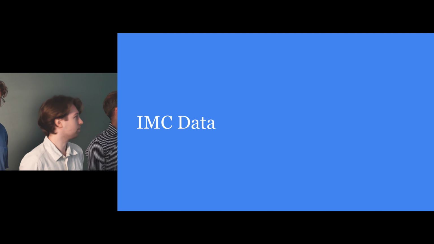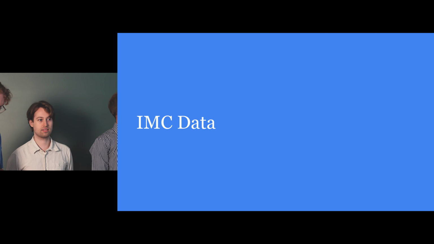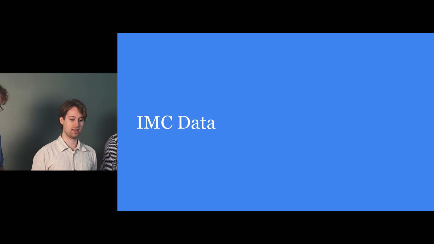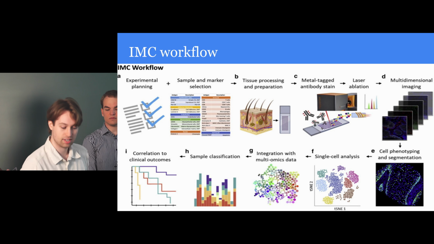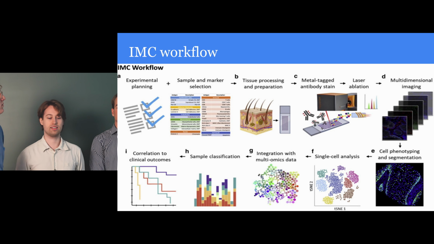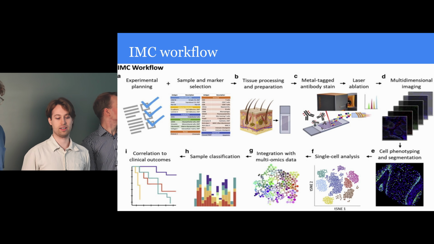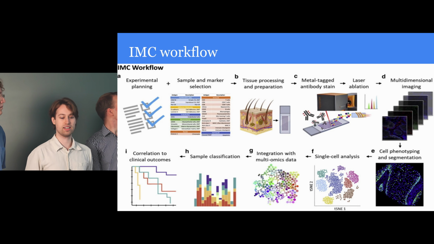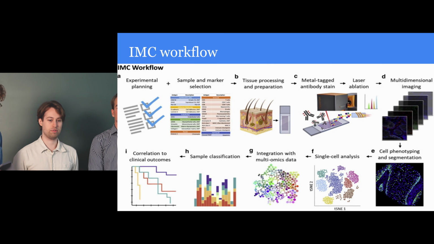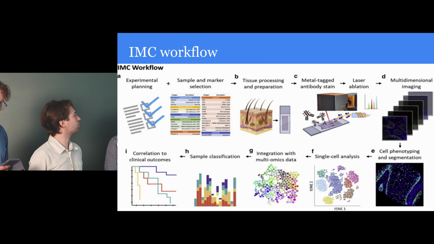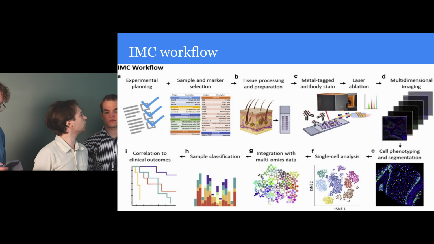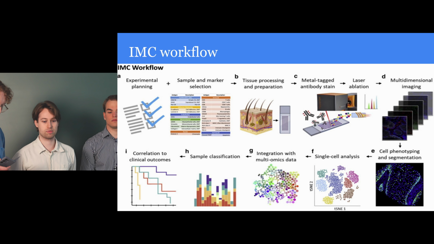So before jumping into the project, let's describe the image data set that we are working with. Basically, we have a data set that is kind of unstructured in terms of the selection of the markers. Before proceeding with the experiments, we want to select markers, which are then processed by creating tissues and cutting smaller chunks of them, which are then sent to a special machine called